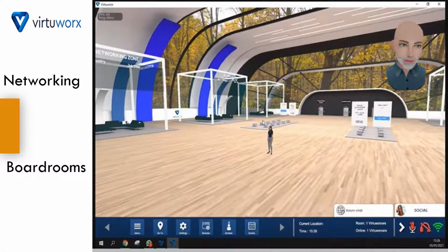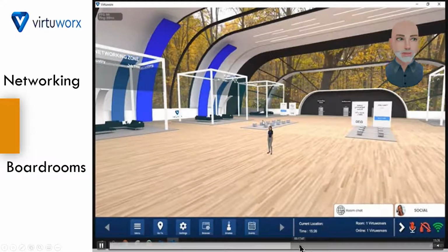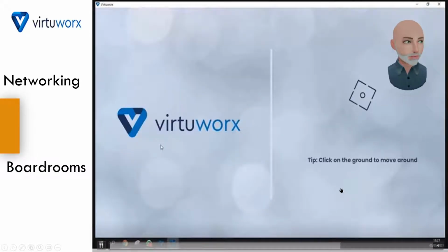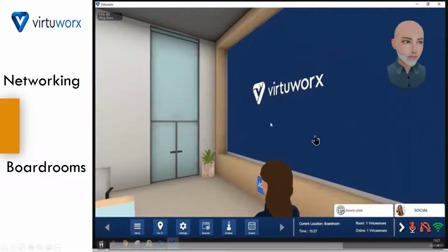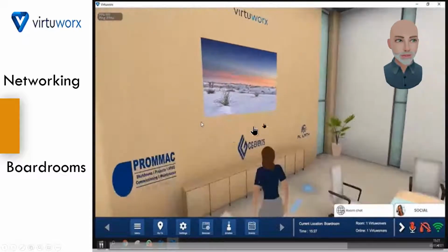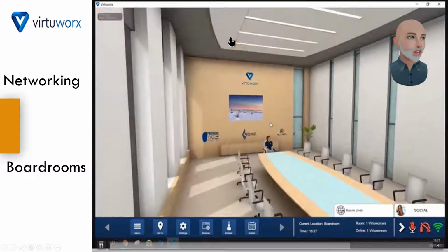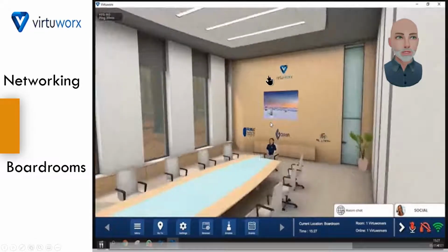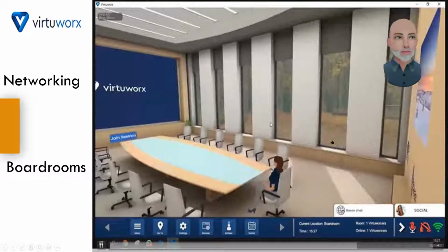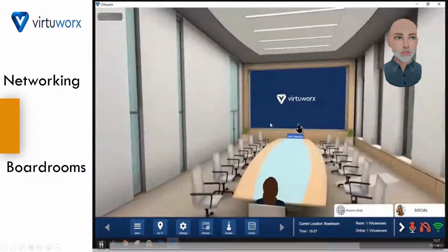And the boardroom areas, as you might think, are designated more smaller, intimate meeting spaces. Let me jump to that real quick. Okay, here we go. Where smaller groups of people can have more formal types of meetings. And again, all of this is customizable based on your particular graphics or icons that you want up here,